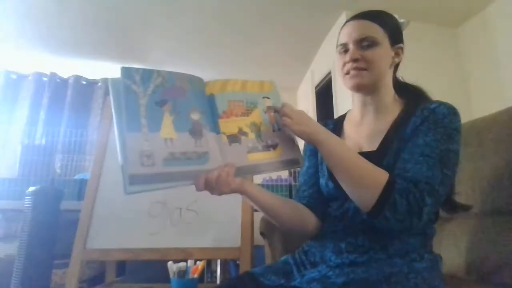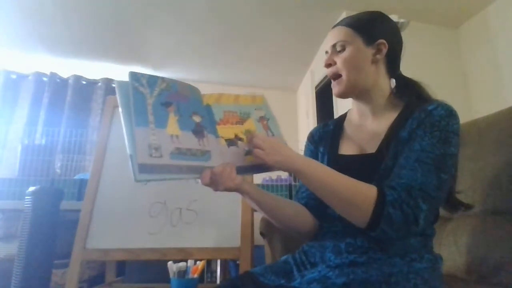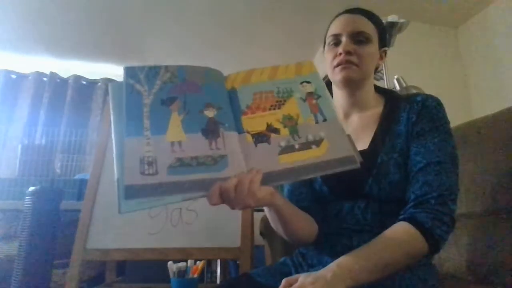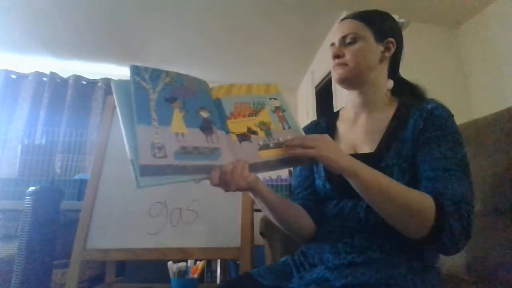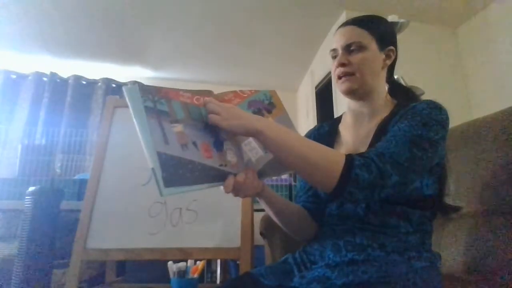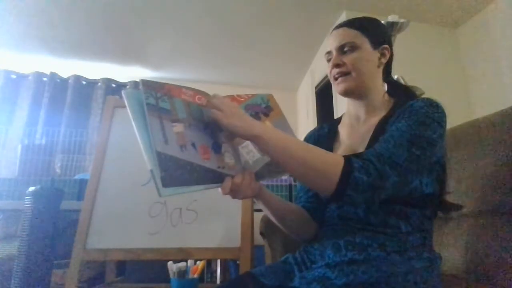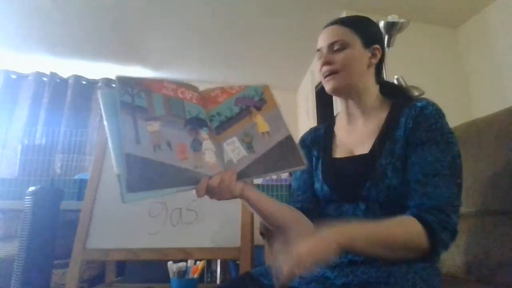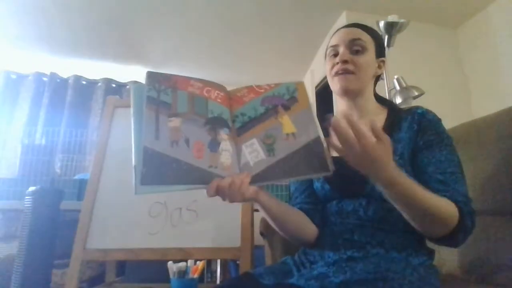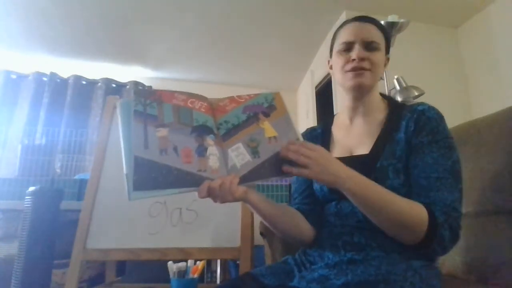How are you doing, Mr. Frog? Hippity hop, hop, hop. So look, he's having fun and playing in the rain. Finally. And it's called the Rain or Shine Cafe. Yay, we're here. So remember, a cafe is a place you can go to eat. So, I wonder what they're going to get here.